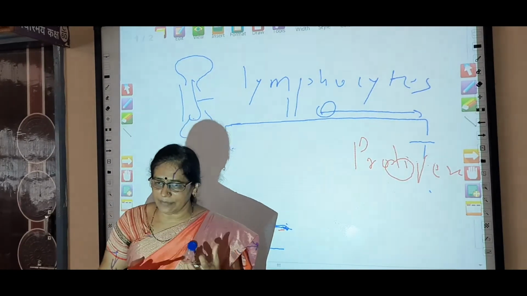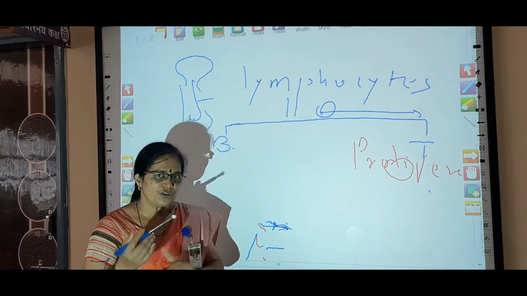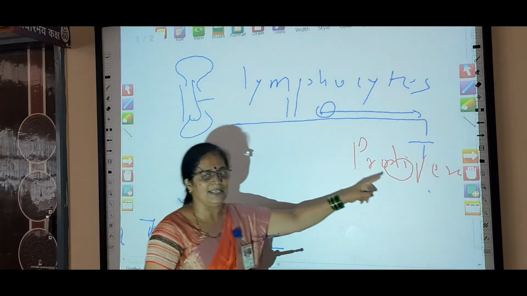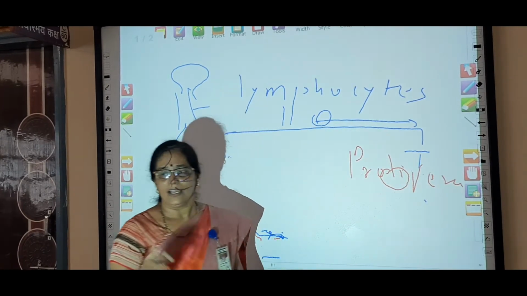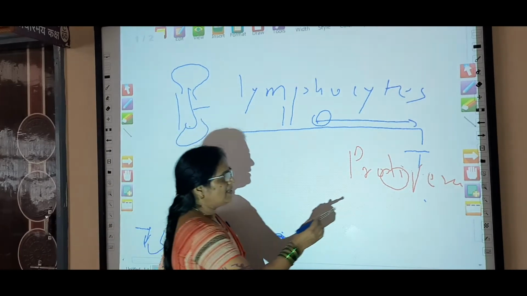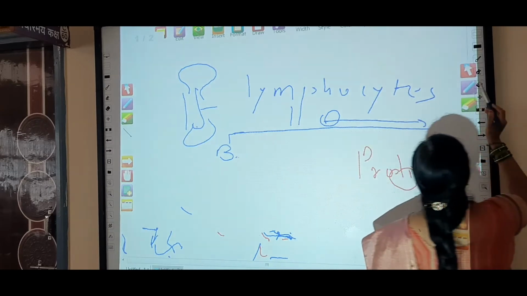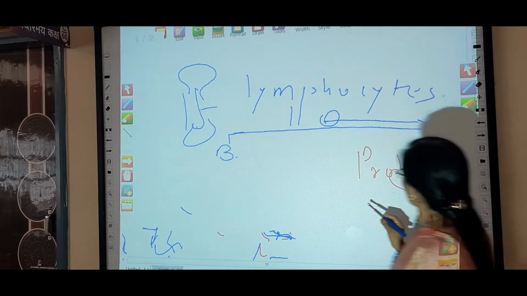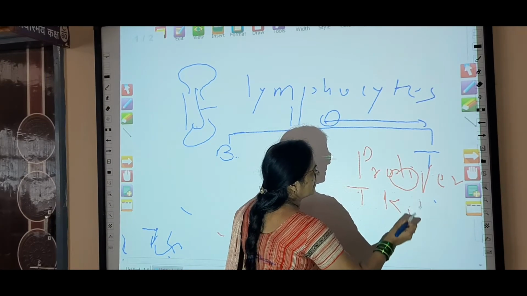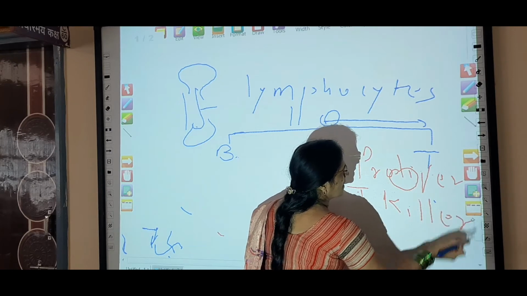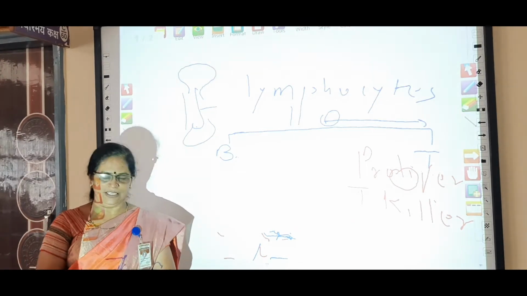Yes, the pathogens are coming and you have to kill those pathogens. So such stimulation is given to those B cells by those T cells. Okay. Then the other cells, and it secretes the lymphokinase enzyme. Then the other cells present are the T killer cells. T killer cells secrete perforin enzyme.